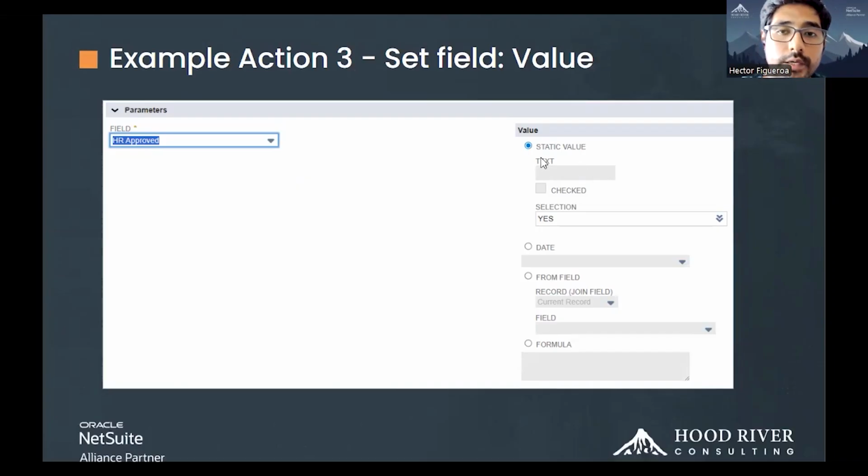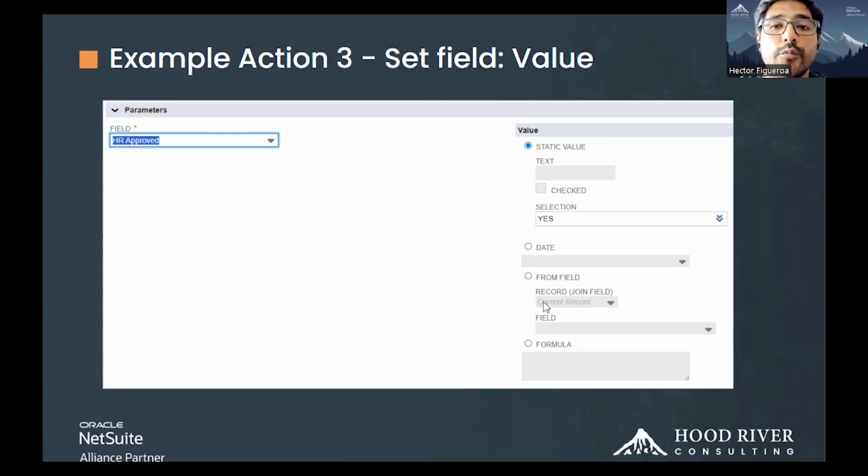But if it's a list, we can set up a static value, and then in the selection, select which of the options we want set for that specific field. If it's a date, we can select a date. If we want to fill this field with information from another record related to that specific transactional record, we can mark the from field, and then from the current record, pick up some information, or from any other record that is inside the same record or transaction.